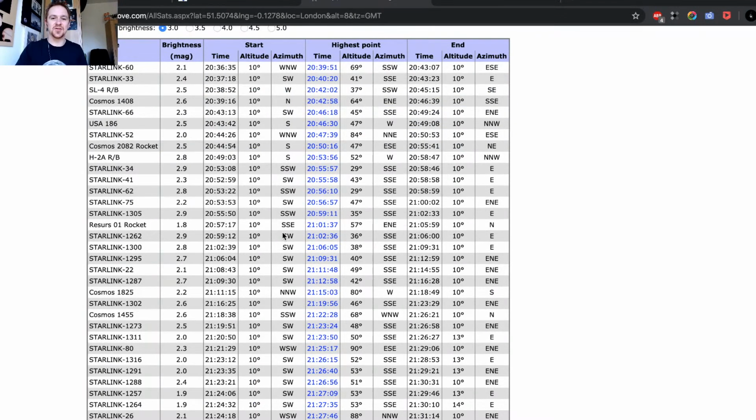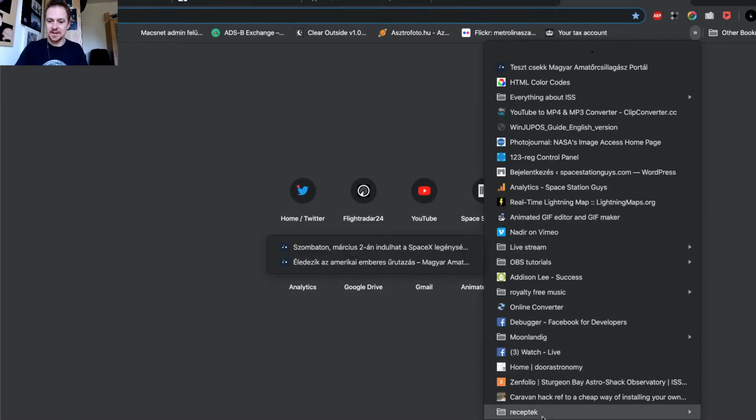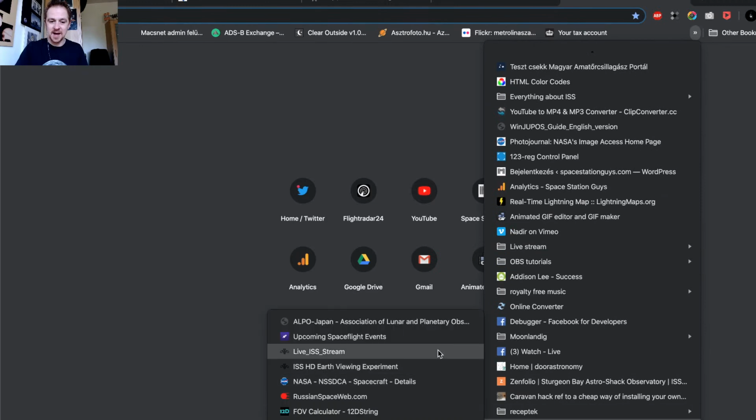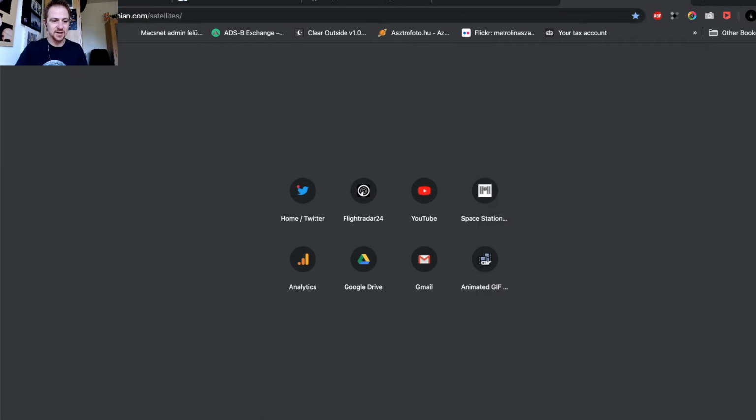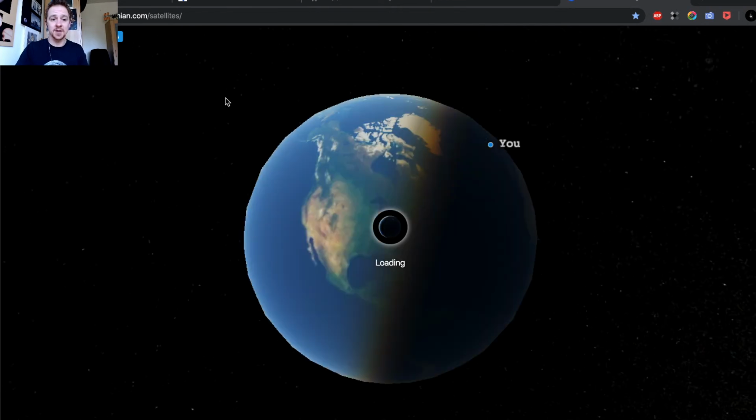But today Gary Powers shared with me an amazingly good page, probably so good because it's very interactive. I'm going to put this in the comment section.